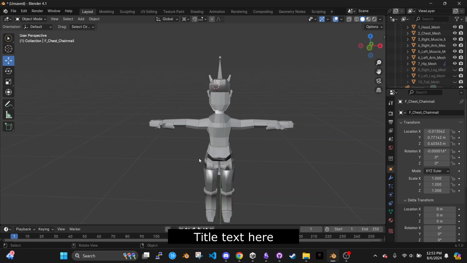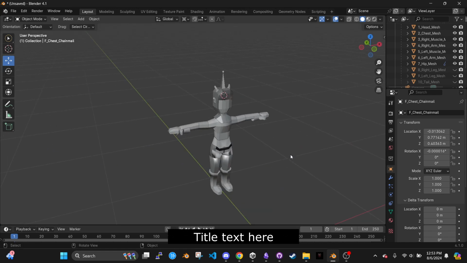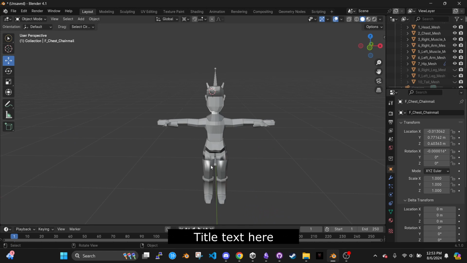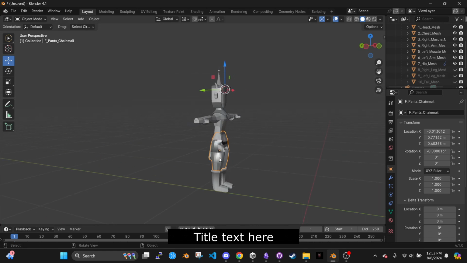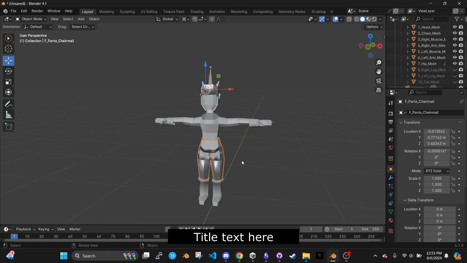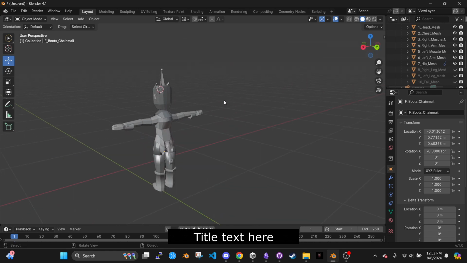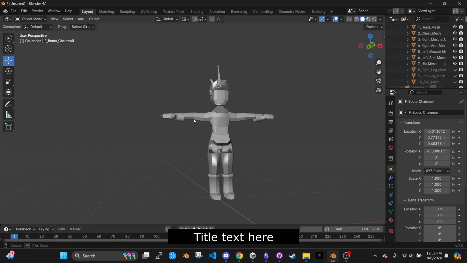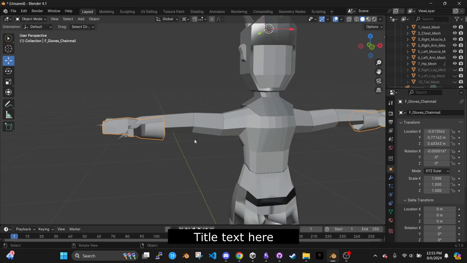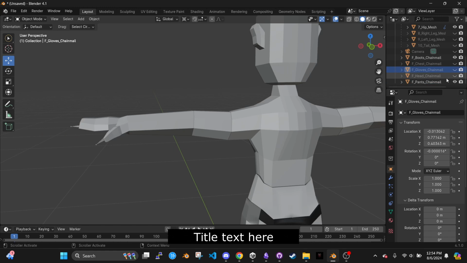As you can see here, the character looks cute, right? And all right, I think she has the hip. All right, this is the leggings, the pants pretty much, and then this is the boots for her, and it looks beautiful, just the way we need her to be, when you get the armor on. All right, and we will disable these. Maybe she doesn't have the